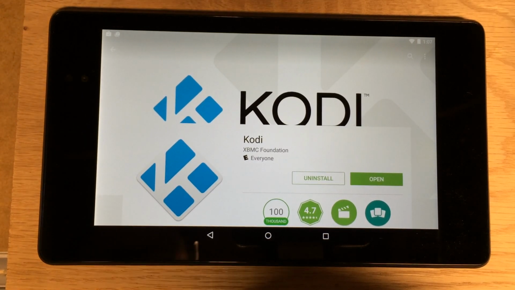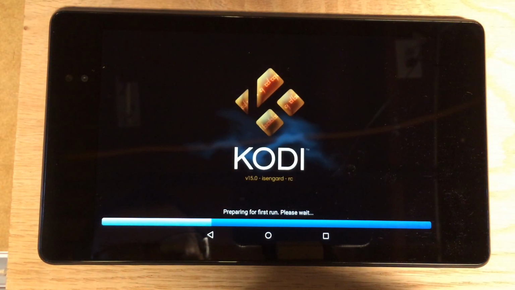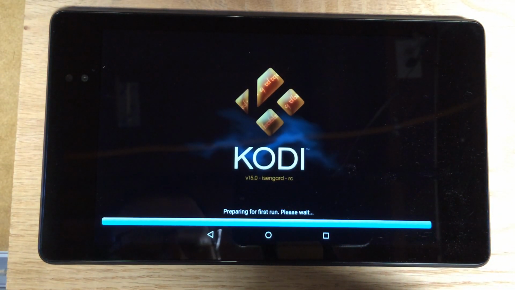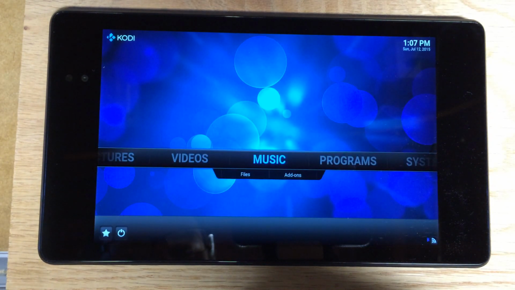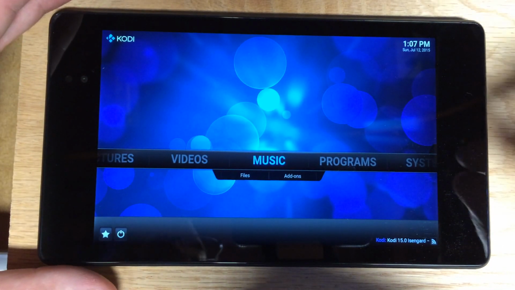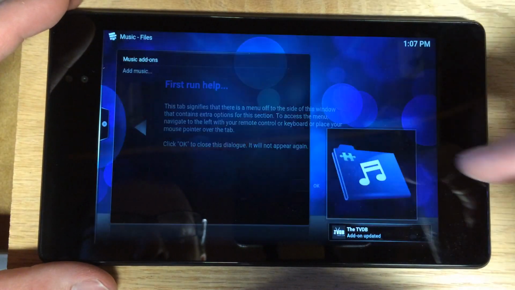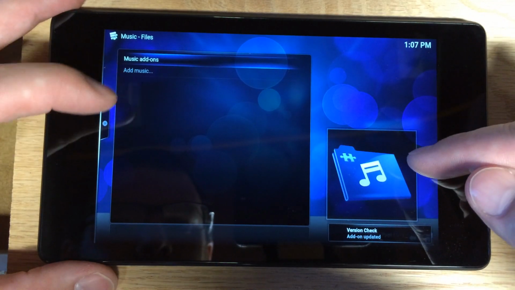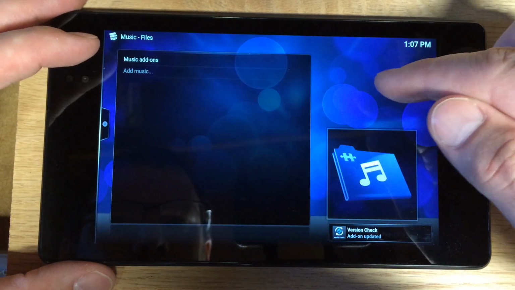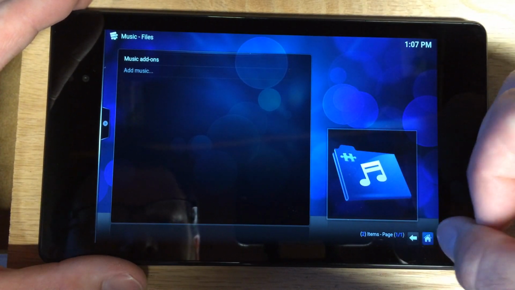Okay, the install is complete, so now I'll hit open here. And we'll see the Kodi interface here. To set up a MythTV front end, we'll need to go to System over here. It's going through our first run. We can just hit OK. Get back to the home screen. It's running the first run,